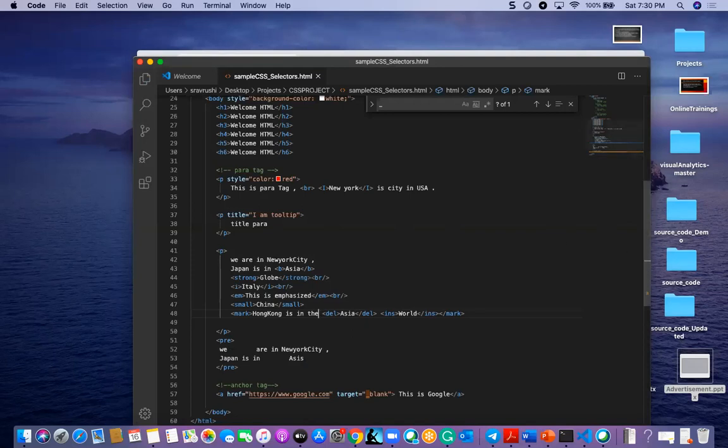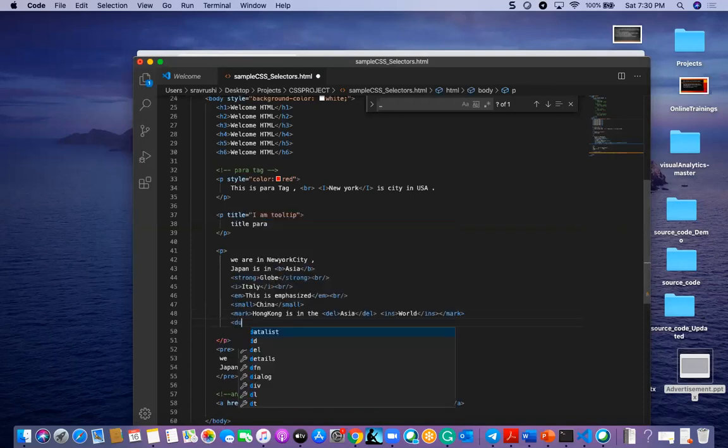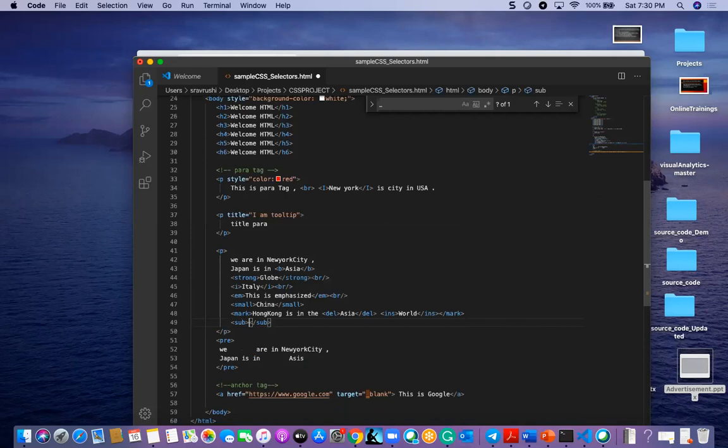Now we can see the subscript element, subscripted text. Subscripted text is defined with sub. So let me do this sub. Here I'm giving some country name, let me give Kenya or something.